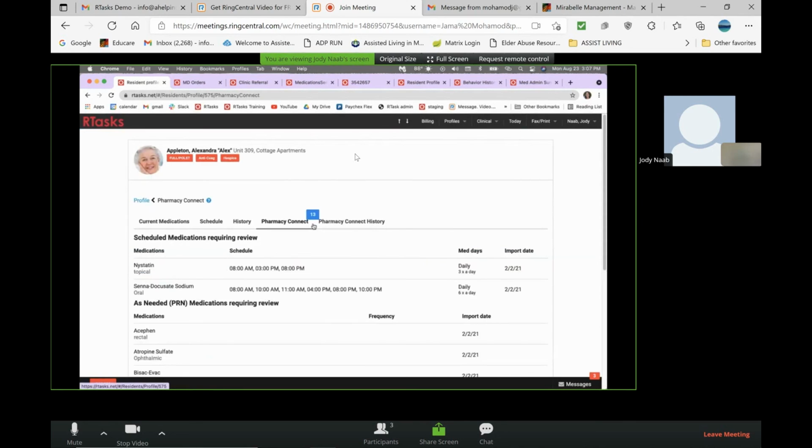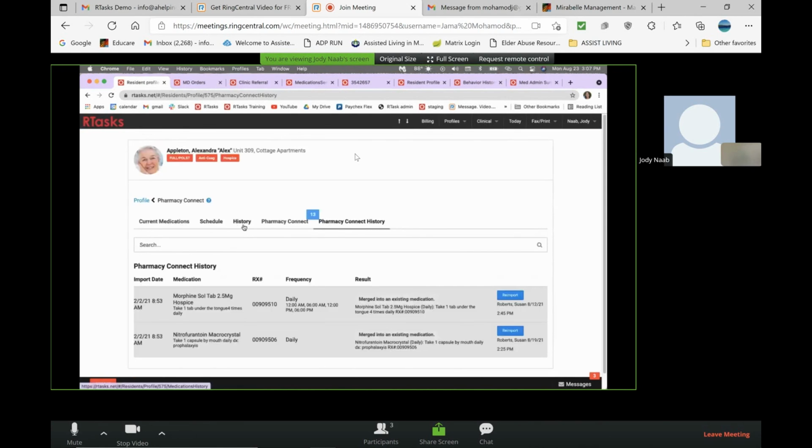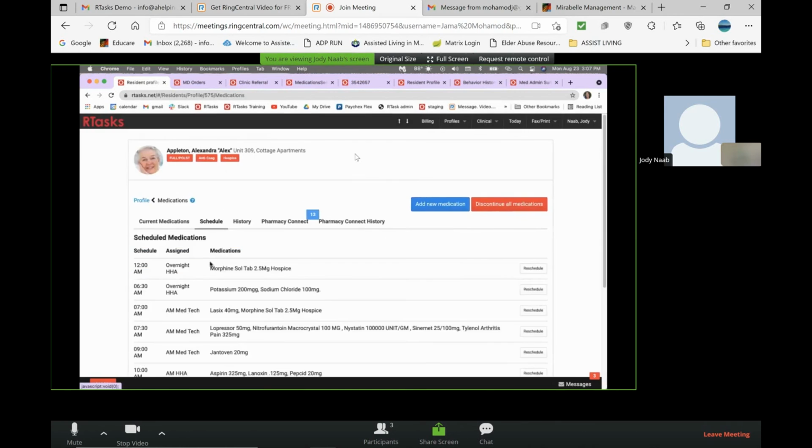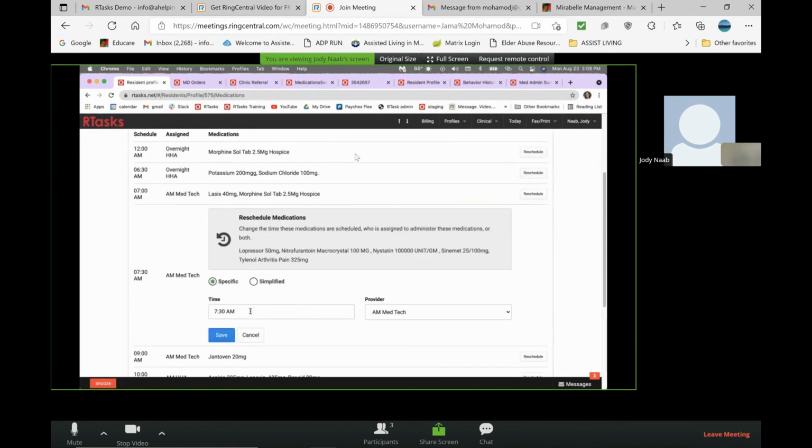So, and you can look at the history of Pharmacy Connect also from here. You can look at the schedule, so you can see what meds she's getting at what times. If she has a group of meds that you want to reschedule the time for all of those medications, you can just click reschedule, put in the new time and save it, and it will change all of those medications